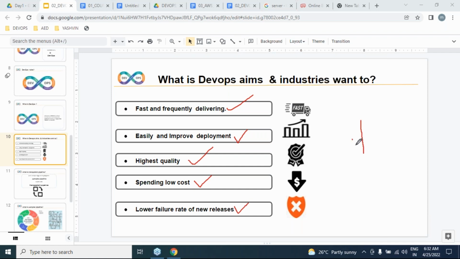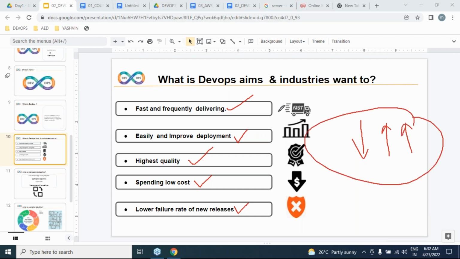Cost will be decreased, quality will be increased, and speed also increases. Who doesn't want these kinds of features for implementing software?